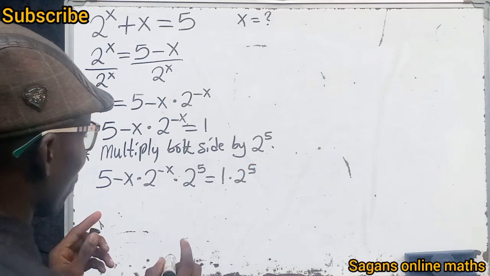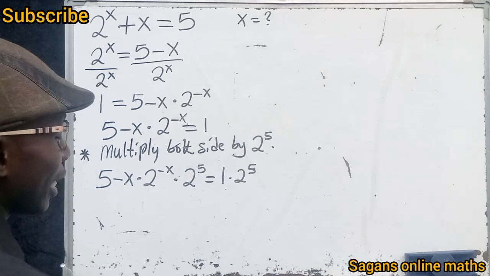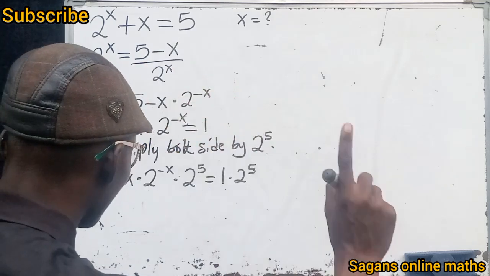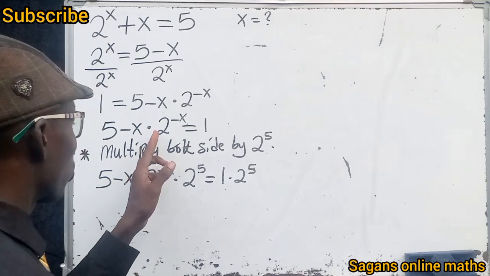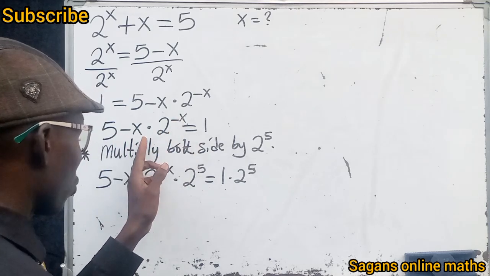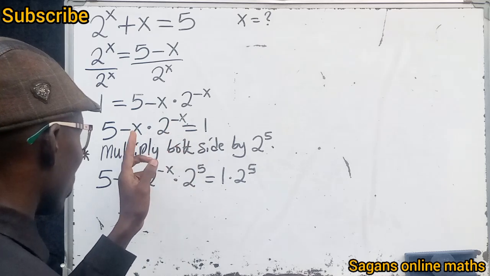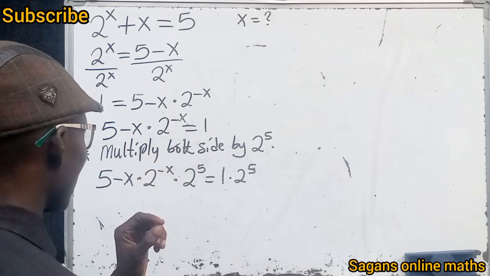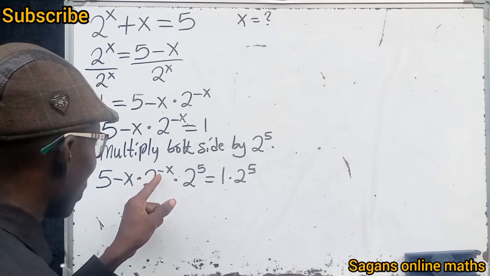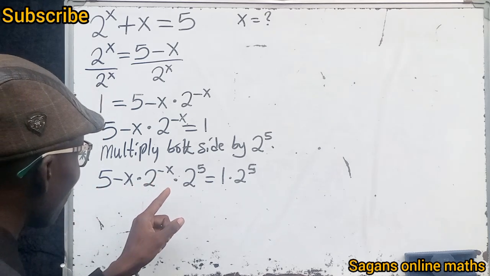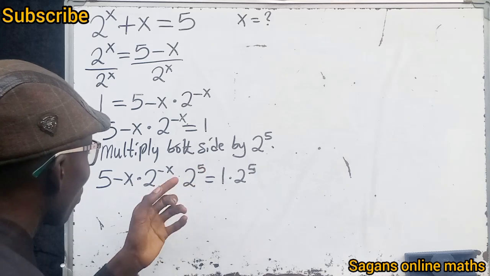The only thing we did here is to multiply both sides by 2 raised to the power of 5, and I've explained the reason why: the coefficient of 2 raised to the power minus x is 5 minus x. Now look, the power here is minus x, and here we are having 5 minus x. So if you multiply both sides by 2 raised to the power of 5, we are going to have the same